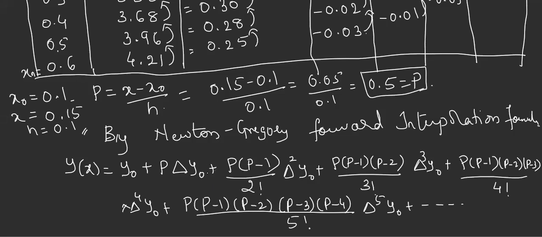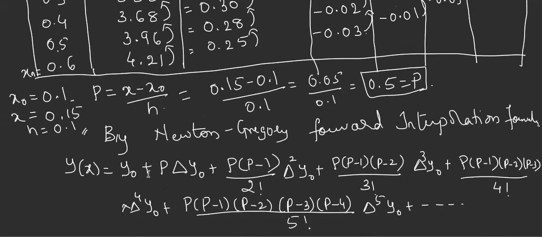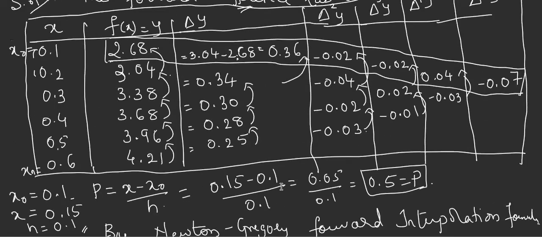Actually, the formula is, I'll tell you term wise. Del y naught, delta square y naught, delta cube y naught are all what I have taken in this box. This is y naught. This is delta y naught. This is delta square y naught. This is delta cube y naught, like that. Got it? Is the part clear or not? It is there in the table only, but you should take it properly. Forward means first line, backward means last line.